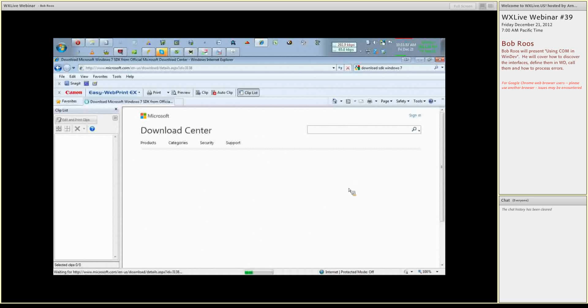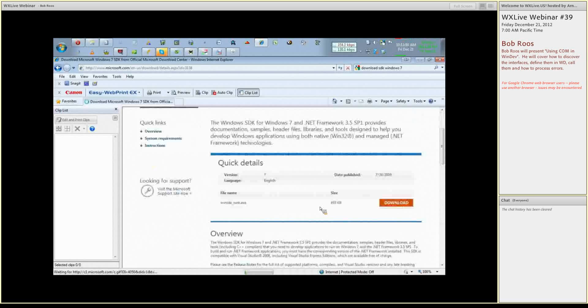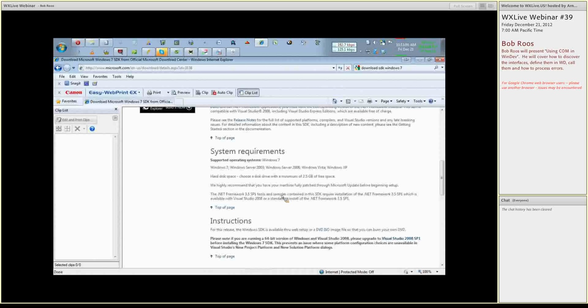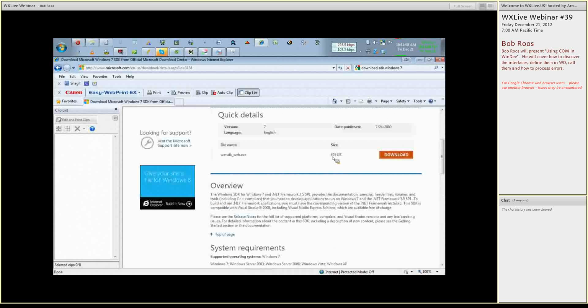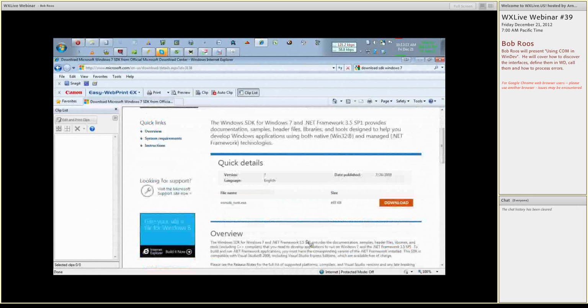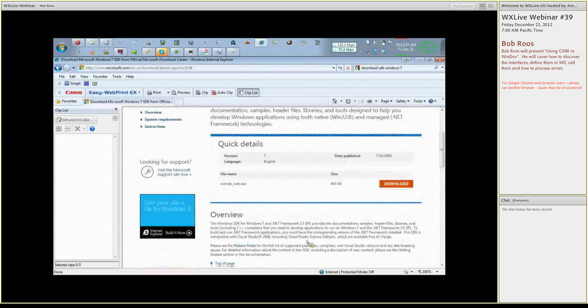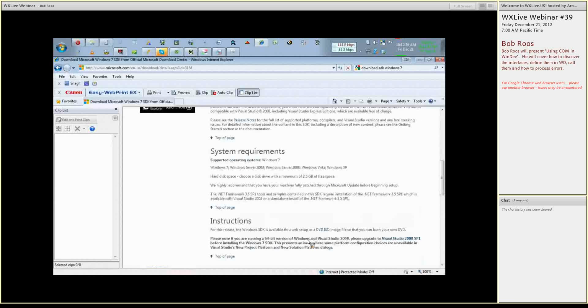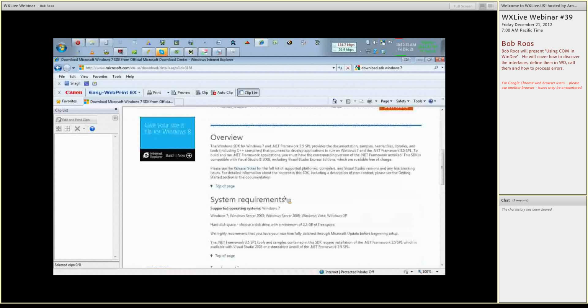Just ignore my phone. Okay, this is the downloader, only 493K. But this is the program, SDK for Windows 7 and .NET Framework. Yeah, 2.5 gigabytes of free space. Yeah, it takes a lot, but anyway,